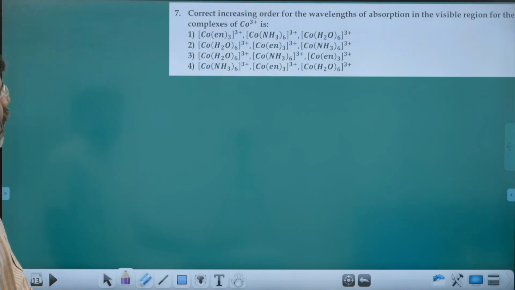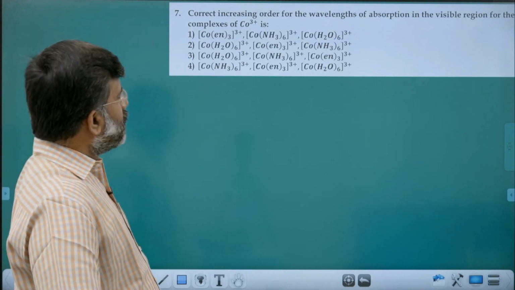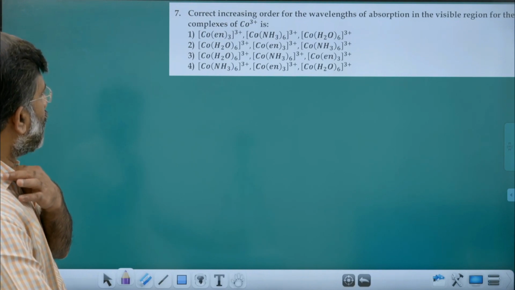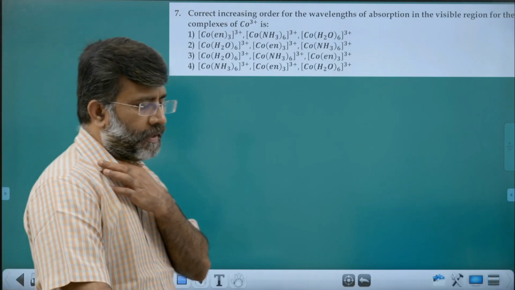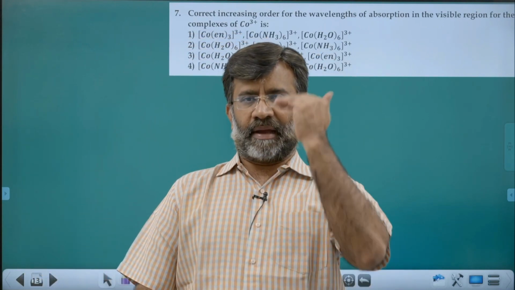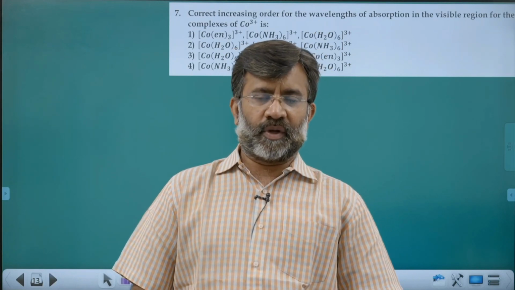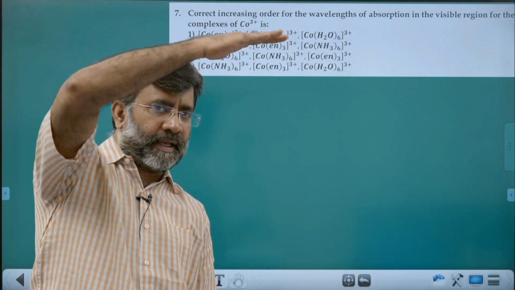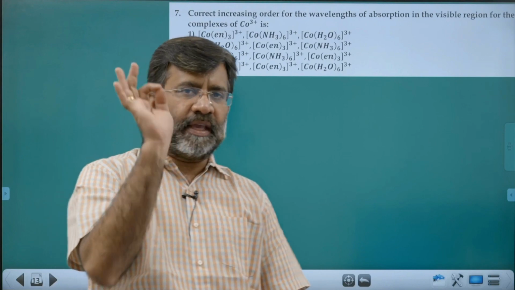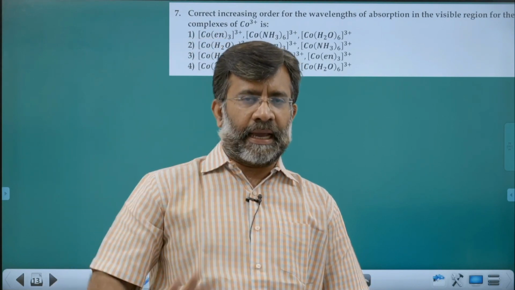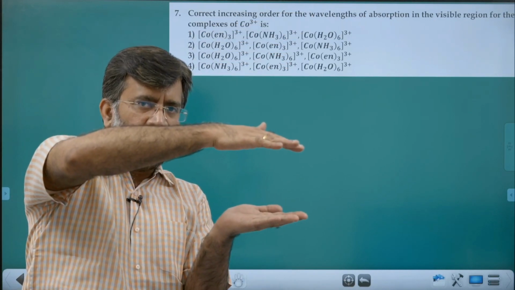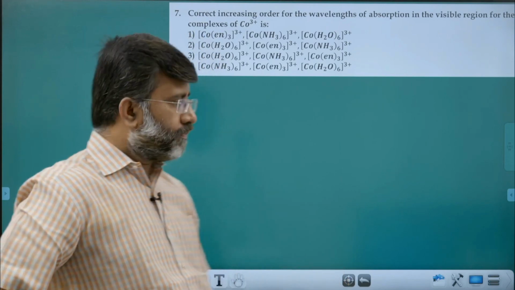Correct increasing order of wavelength of absorption in the visible region for the complex Co3+. See, correct increasing order of wavelength. Wavelength maximum means frequency minimum. Frequency minimum means t2g splitting is minimum. t2g splitting minimum means weak ligand. So for a weak ligand, the splitting will be minimum, frequency will be minimum, wavelength will be maximum. So the answer is